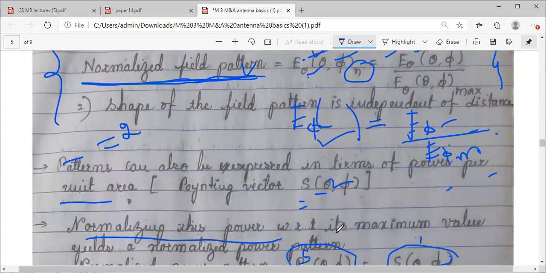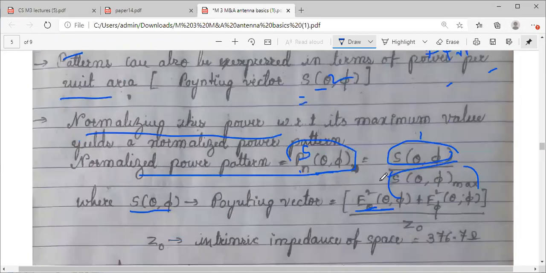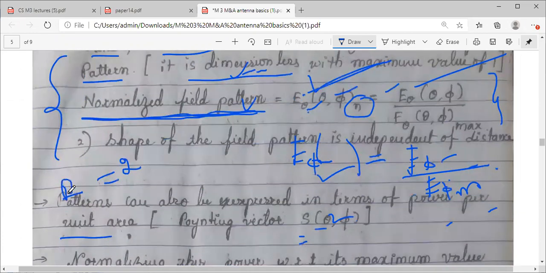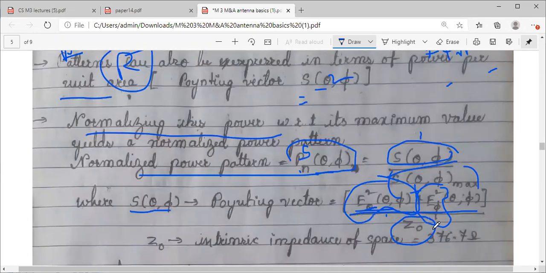So overall power, because electromagnetic waves contain both electric field and magnetic field components, we cannot consider only one part. So we need to look at variations in both directions. It is not simply E theta. You should add E phi also, both the components, plus you need to divide by Z naught. Why have I taken Z naught? Just now I have shown you the power is E square divided by R. So this R is nothing but the impedance of the medium. I am taking Z naught, the intrinsic impedance, what we call Z naught.